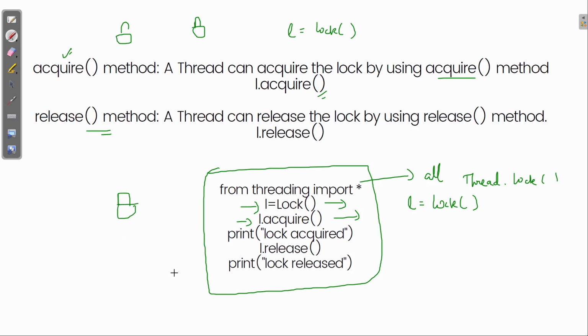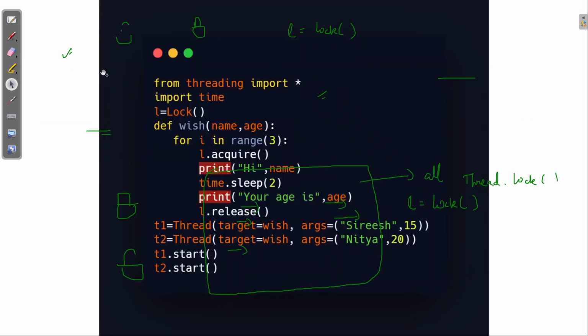Now when I write l dot release, that means the lock is open now, and any other thread can go and acquire this lock. It's as simple as that. I have only one lock, so only one thread can hold that lock at a time. That's the concept. I guess it's clear for everyone.